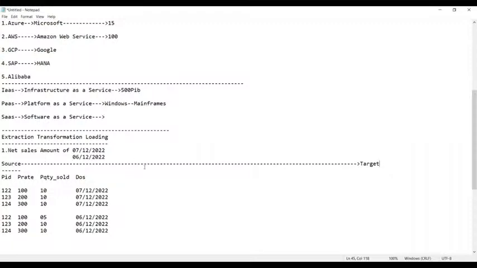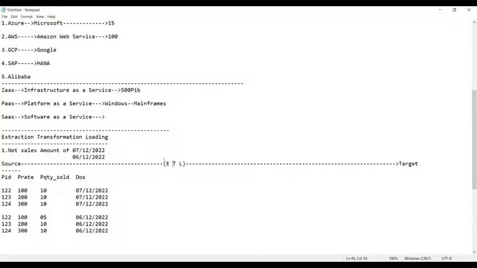Between the source and the target, guys, we apply the process of ETL, which stands for extraction, transformation, and loading. Anyways, you know what extraction, transformation, and loading are. We know it. Now, guys, let us start the process of ETL. How does it work? So now, extraction. Tell me, what do you mean by extraction?